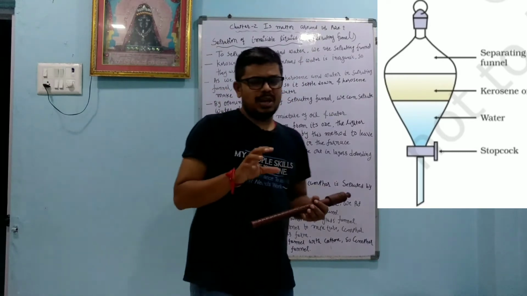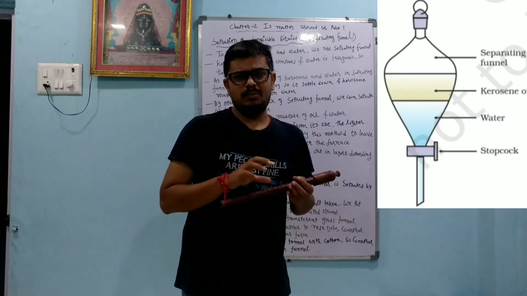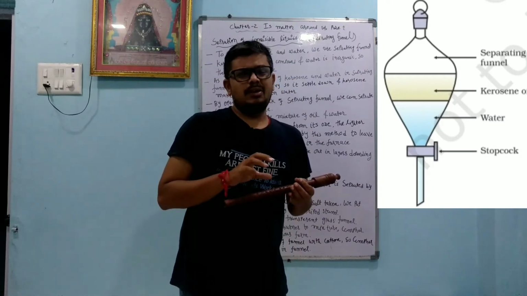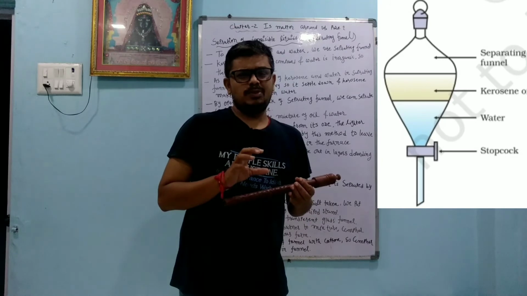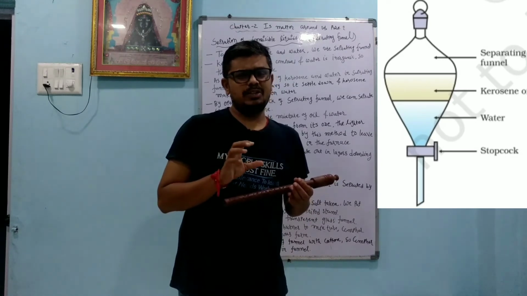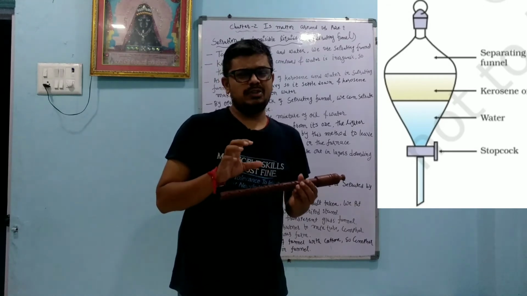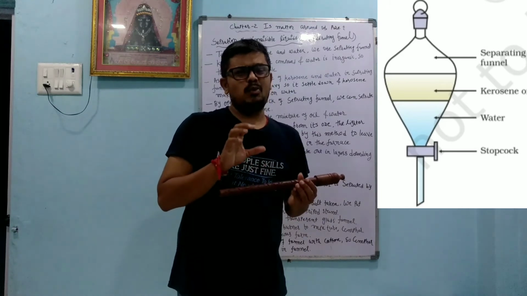Dear student, we have two types of compounds. One is called organic compounds, which are made up of covalent bonds. Organic compound means a compound obtained from the organs of a plant or animal. That is the old definition. In the new definition, the compounds which are made up of carbon and hydrogen are called organic compounds or hydrocarbon compounds. They are made up of covalent bonds.